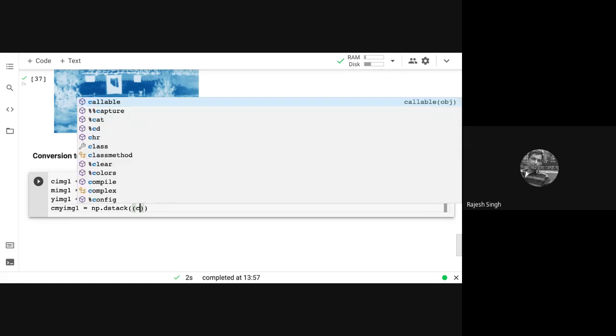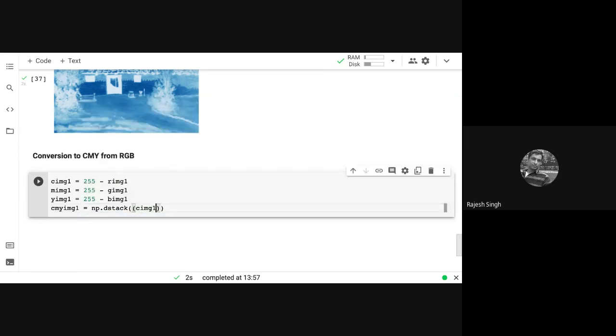I'm not so much familiar with NumPy. CIMG1, this is my first image. Then MIMG1 is my second image. And then this is YIMG1. This is my third image.